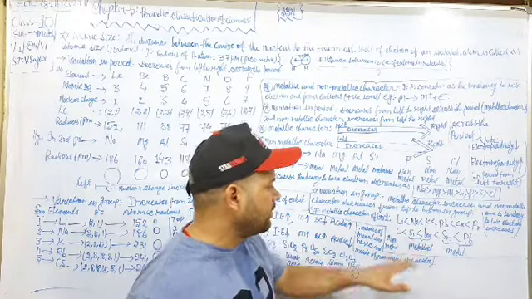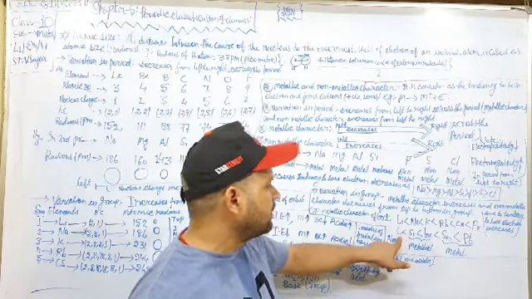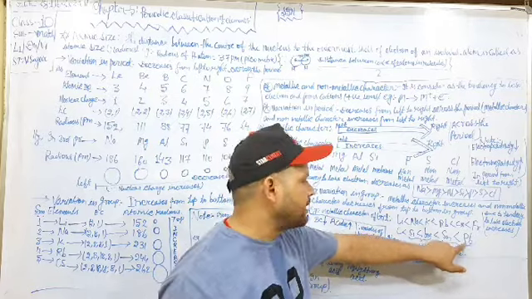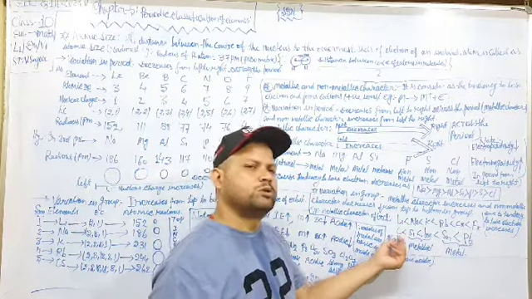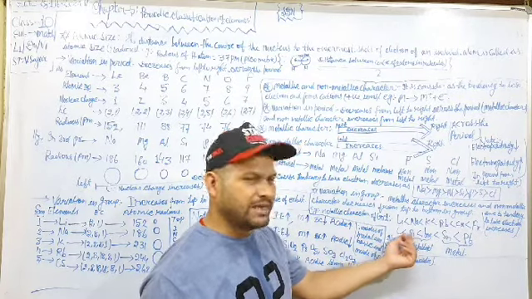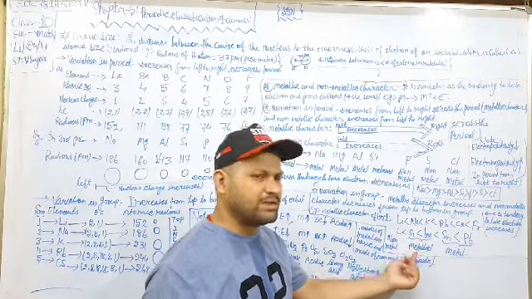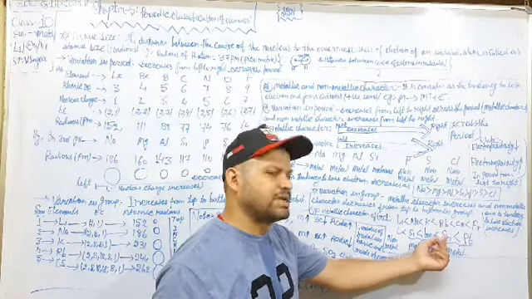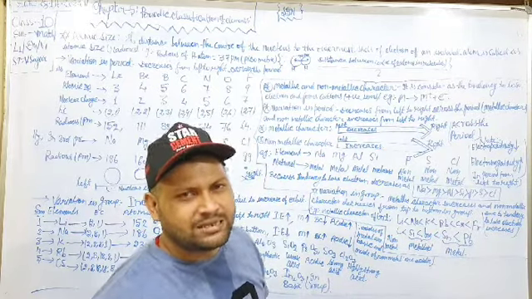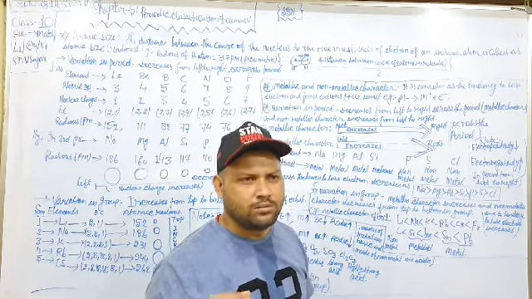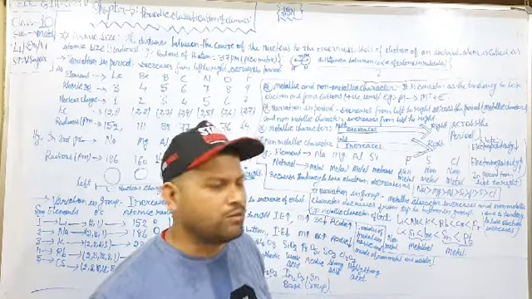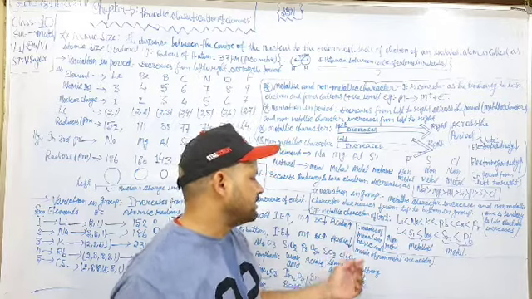In the same way, in this group, carbon, silicon, germanium, tin and lead. Carbon shows less metallic properties, then silicon, and silicon shows less metallic properties than germanium. Germanium shows less metallic properties than tin. Tin shows less metallic properties than lead. So lead shows more metallic properties among these elements. Okay, I hope you have understood all the things.